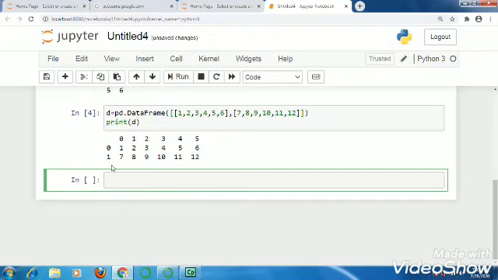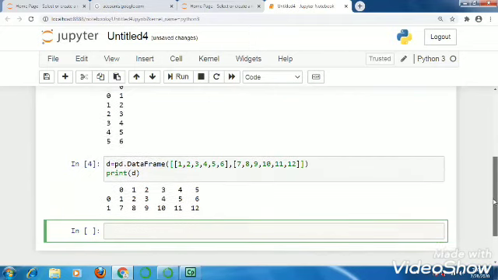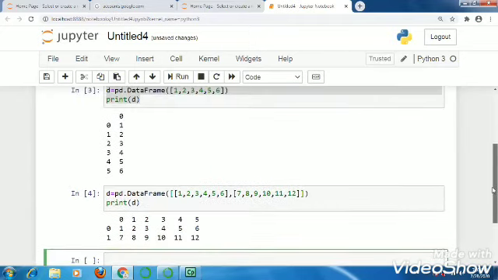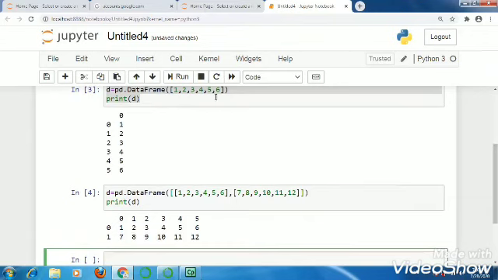So here you can see this is 2D. 0 and 1, these two are rows, and 0, 1, 2, 3, 4, 5 are columns. So here you can see the difference. If you give only one list, this list is treated as different rows of a single column, just like your series. But when we give a nested list, each list is treated as a row of the data frame. So this is the way we can create a data frame.